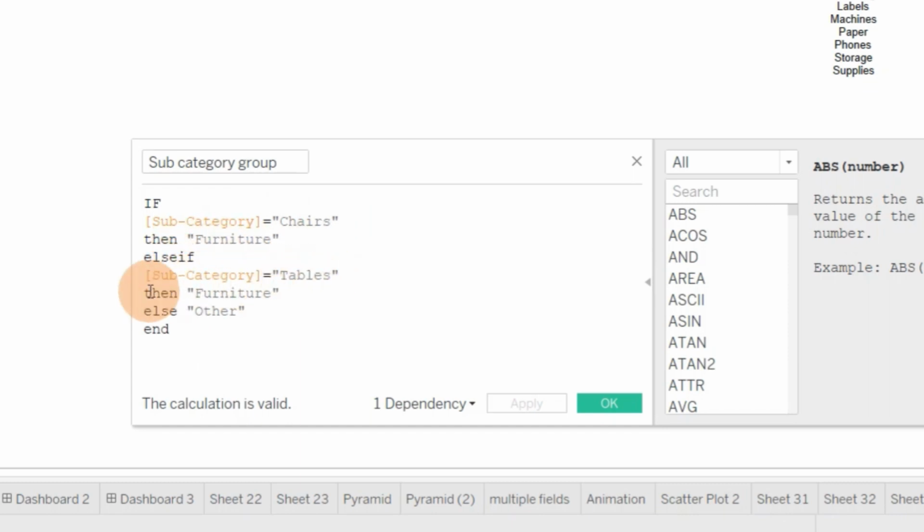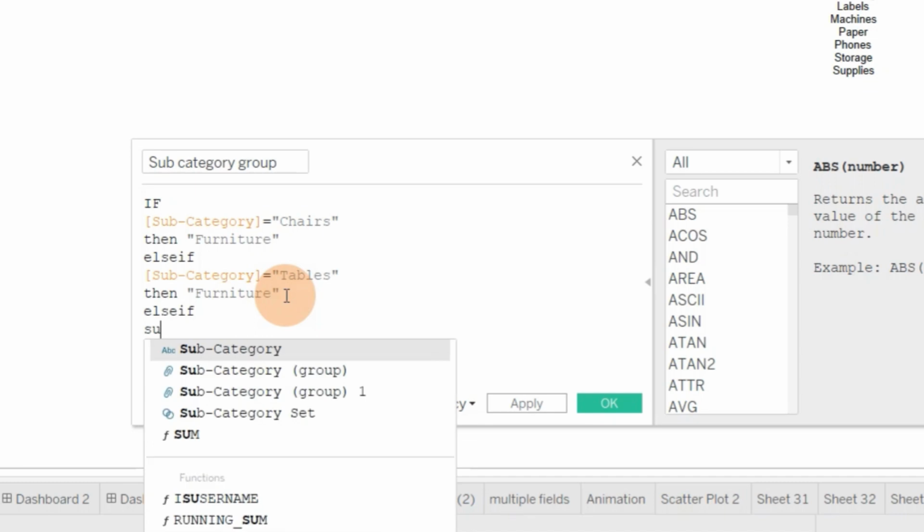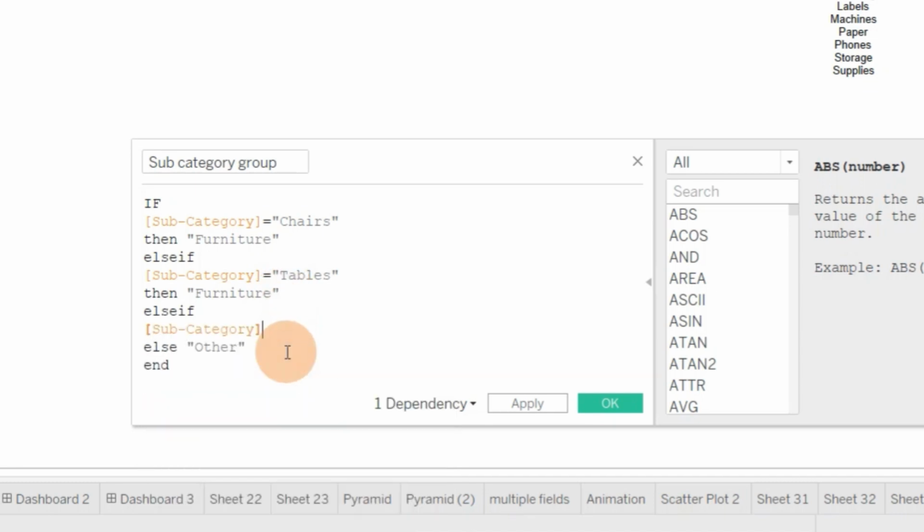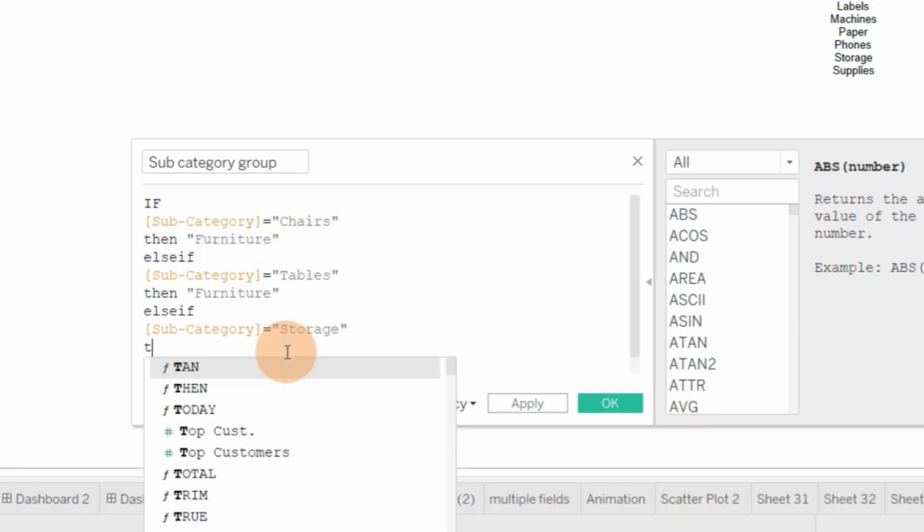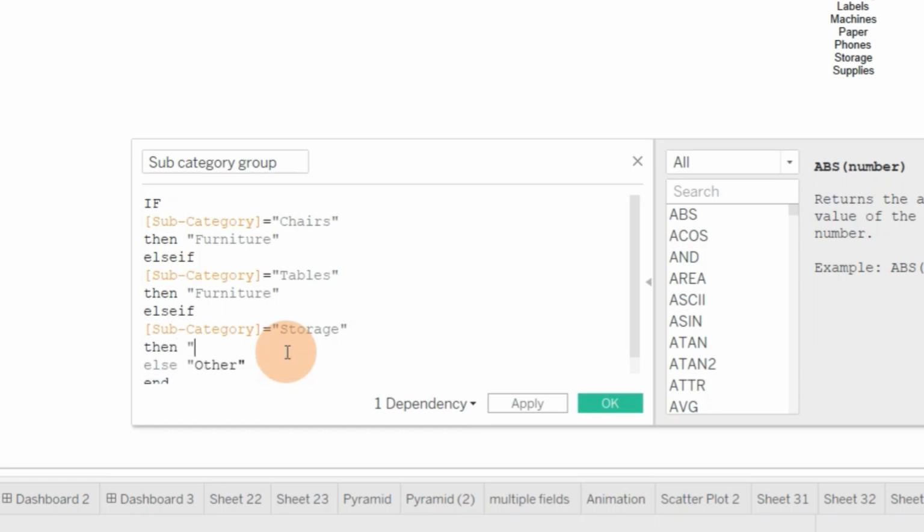Else if subcategory equal to tables, then also furniture, and then I will add one more else if statement here. Else if subcategory is equal to storage, then what I want to write, LA here. So I will write LA.